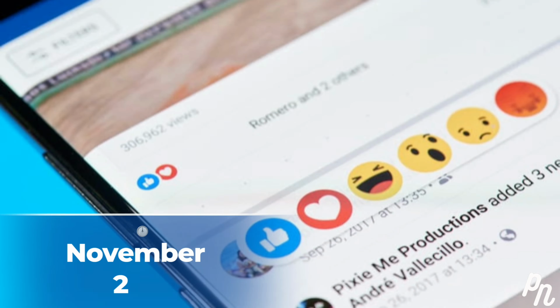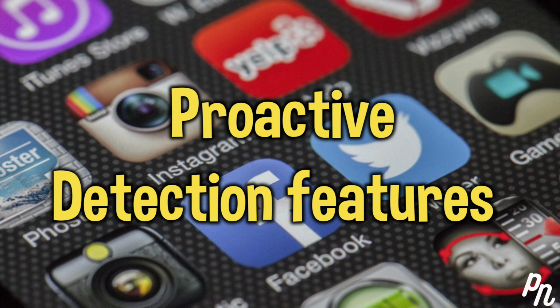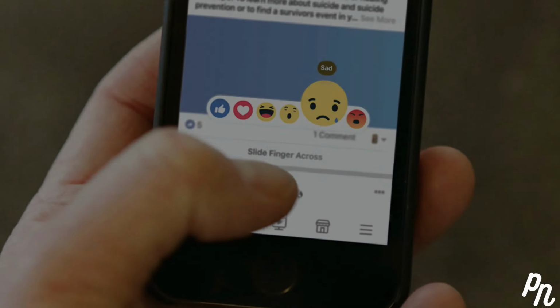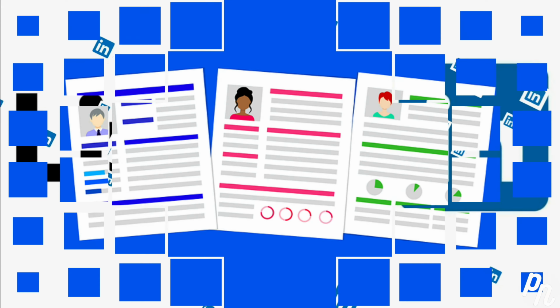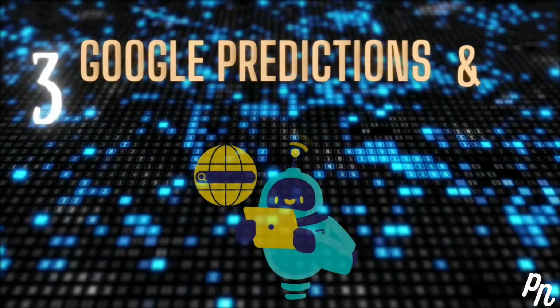In November 2017, Facebook launched a proactive detection feature that scans posts to detect patterns that may indicate if a user may be considering self-harm. When it detects suicidal thinking patterns, AI-powered programs send mental health resources to the person and sometimes also to his friends. If you use applications like LinkedIn, in that also AI is used to help match candidates to jobs, with creating better employee-to-employer matches. Number 3.